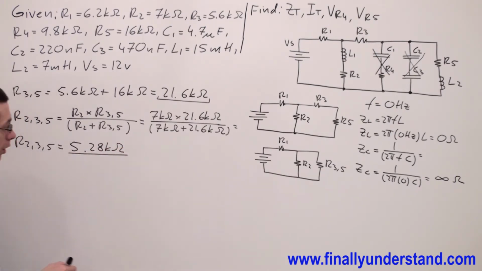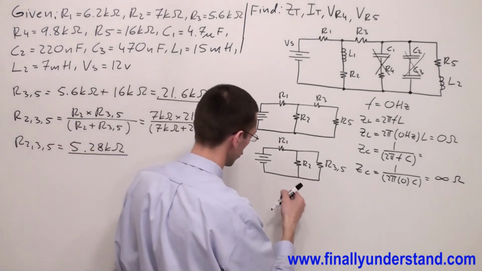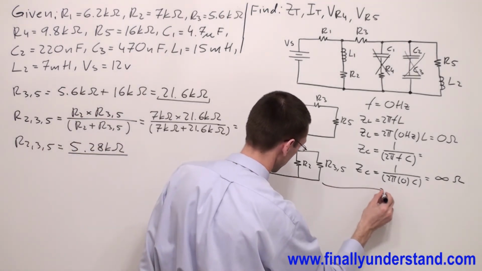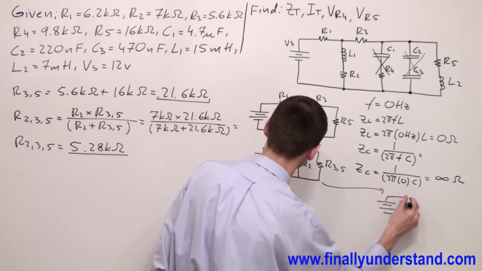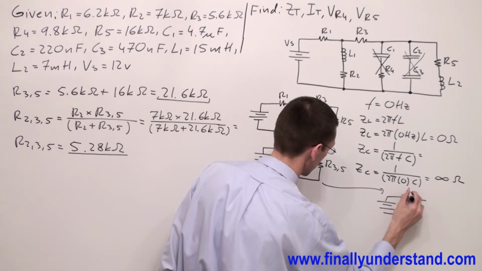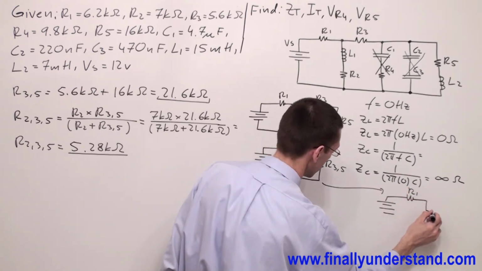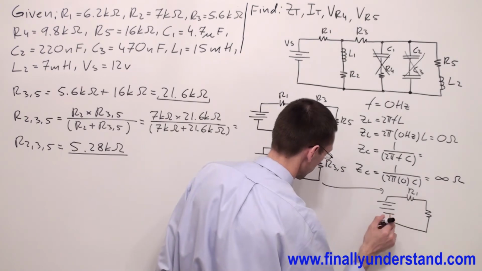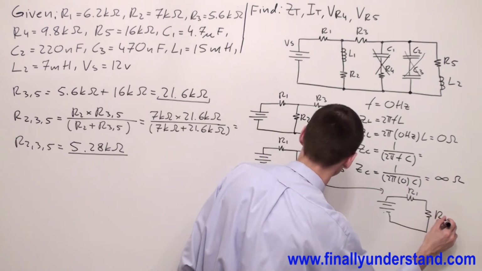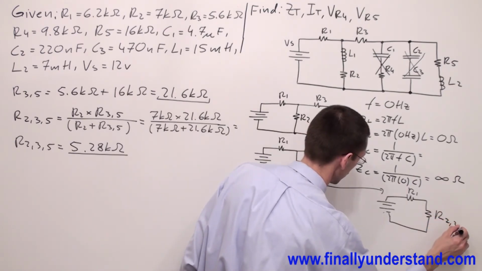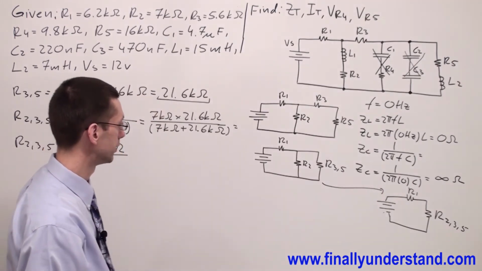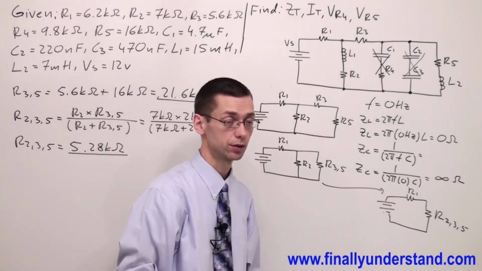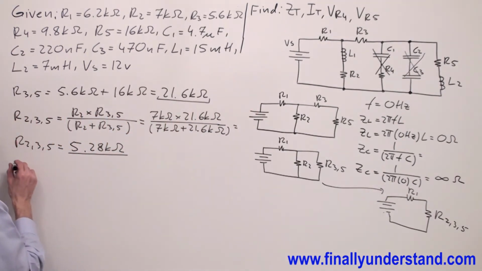Okay, so now we can redraw this circuit. Let me draw over here. I have the power supply, and I have resistor R1 and resistor R2, 3, 5. Okay, so in order to find the total impedance, Z total, you can say that Z